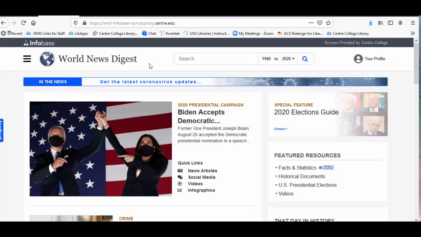This is the World News Digest. If you're at the stage of your project where you are searching for coronavirus response information, you can click on the Coronavirus Updates dashboard, or you can search for COVID or coronavirus pandemic response and your country name here in the search bar. Or you can click on these three lines right here, this drop down,